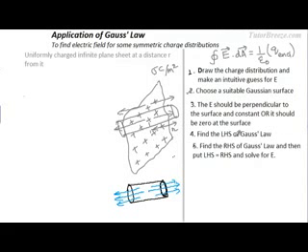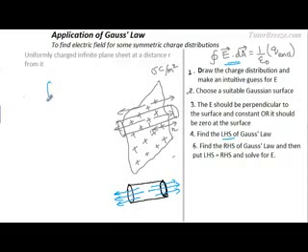Now the next step is the fourth step, which is to find the left hand side of Gauss's law, which means we need to find the total flux through the entire Gaussian surface. This means we have to add the flux through the curved surface area to the flux through the two ends of the cylinder. We just saw that the flux through the curved surface area is 0. Now let us see what is the flux through the two ends of the cylinder.